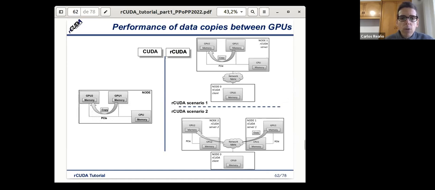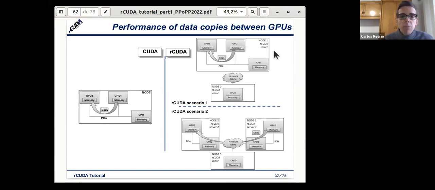In the case of rCUDA, at the right of the slide, we have 2 scenarios. In one scenario, we are running the application in one node, and we are using 2 GPUs which are physically installed in the same remote node. So the GPU memory copy will be done in the same way as in the CUDA scenario.